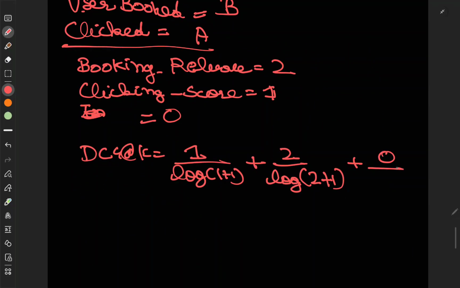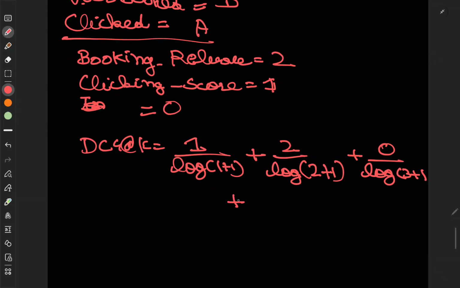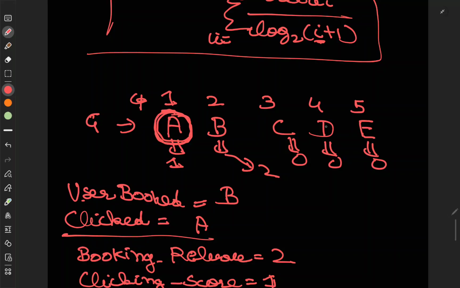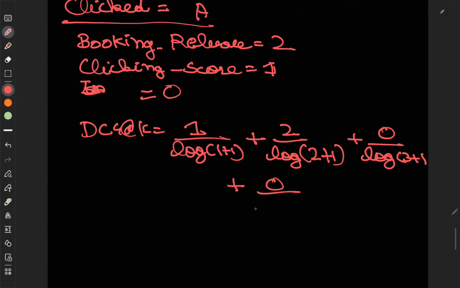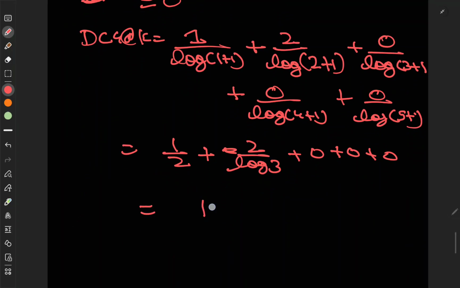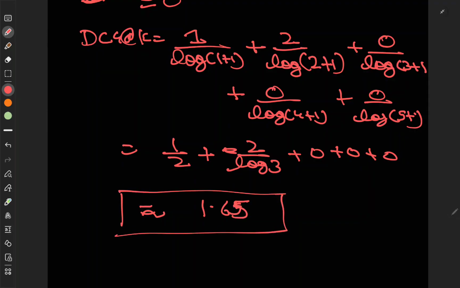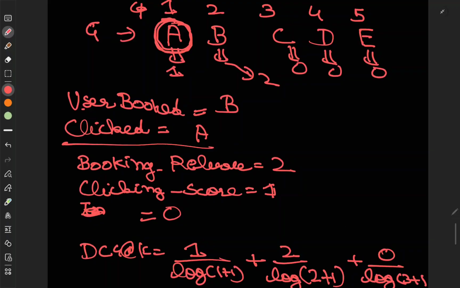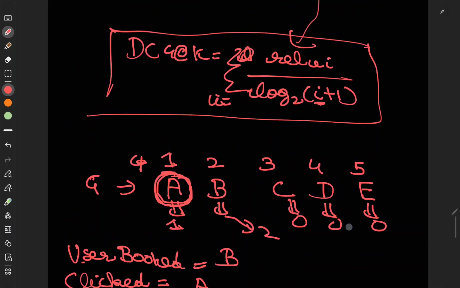What is the score for this? 0. At what position is it? 3. Then comes the fourth, D. What is the relevance score? 0. So 0 by log 4 plus 1. For the next also 0 by log 5 plus 1. So the score comes out to be 1 by 2 plus 2 by log 3 plus 0 plus 0 plus 0, which roughly comes out to be 1.65. It is an approximate calculation. I'm not sure whether it will come out to be exactly 1.65 or not. Okay. Then the second thing which we need to calculate is